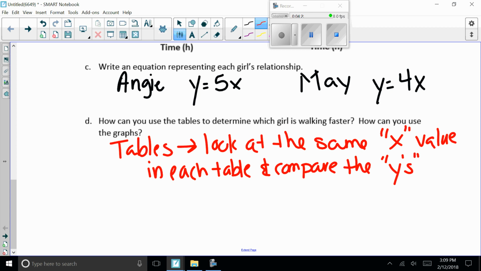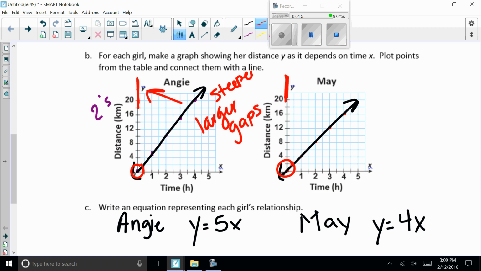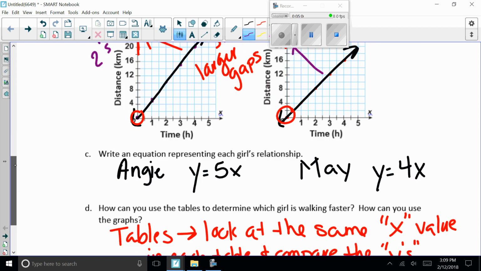The graphs, even though they both go through 0, 0, what we're going to be learning about graphs is the steepness of a graph, whether it is closer to the y-axis or further away. The closer to the y-axis you have, it's called a steeper slope, which means that your gaps between points are farther apart. You see that this one here on May, she's a little bit further apart from the y-axis. So on our graph,